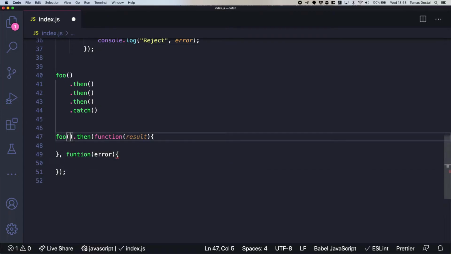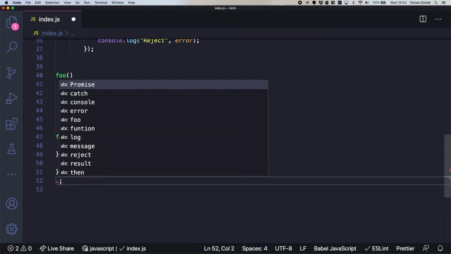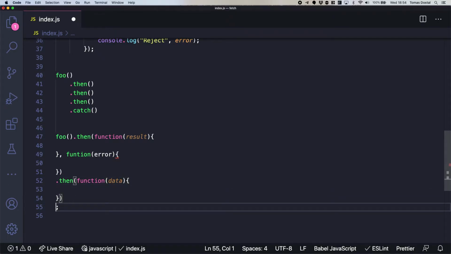So you would handle both resolve and reject of this promise inside of this then. But then you might want to also have dot catch in here, or even better, dot another then, that would do something, and then you could have a catch in here.